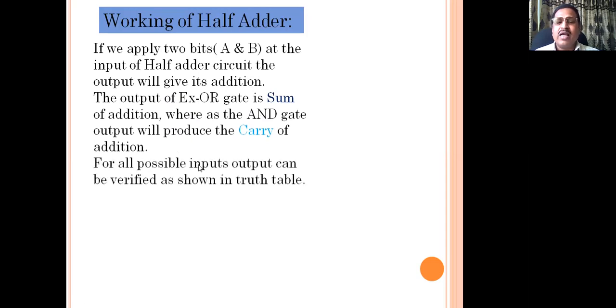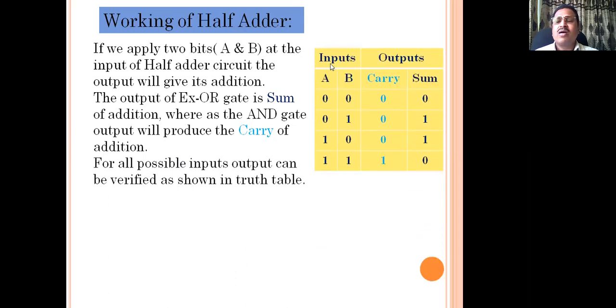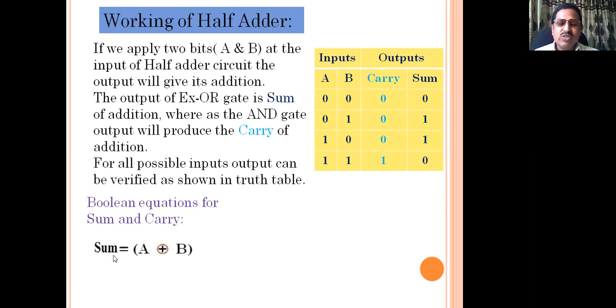For all possible inputs A and B, 0, 0, 0, 1, 1, 0 and 1, 1, we can verify the output by using the truth table. The truth table basically explains the working of the half adder, with carry and sum as the resultant outputs when A and B are the input. Now let me give the Boolean equations for the sum and carry. The output of the XOR gate is the sum, whose equation is sum equals A XOR B. Whereas the output of the AND gate is known as the carry, whose Boolean equation is carry equals